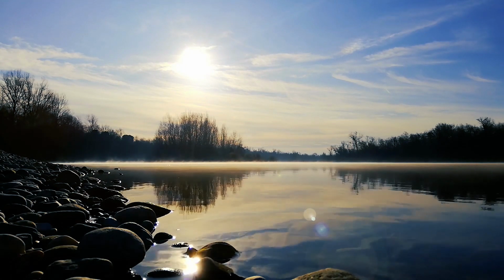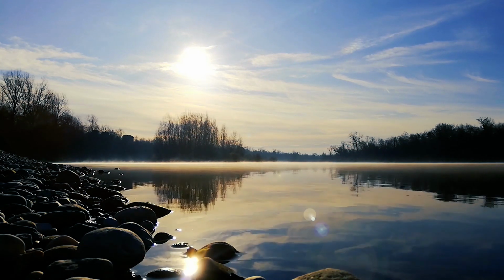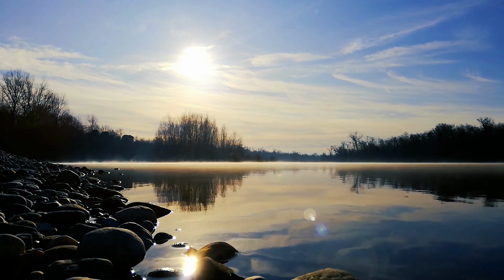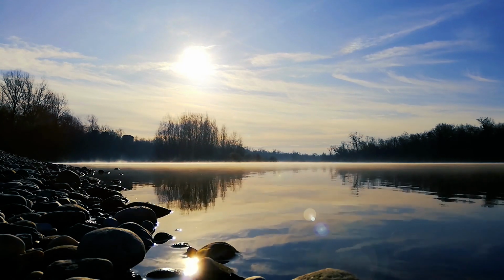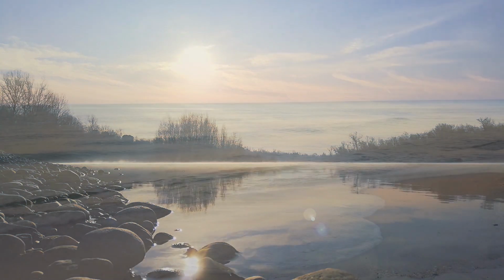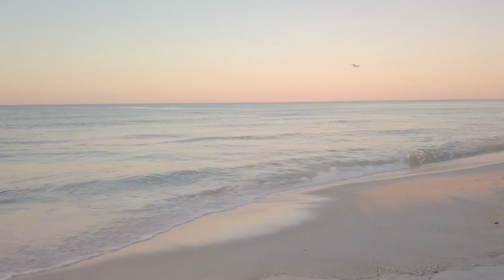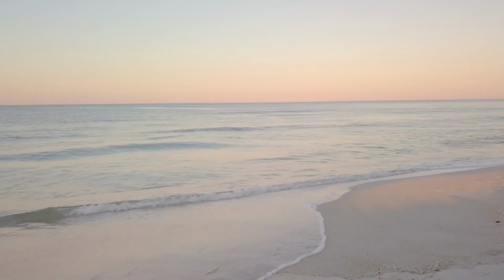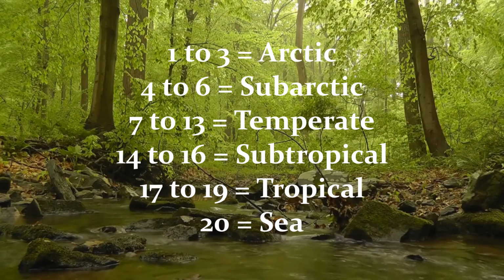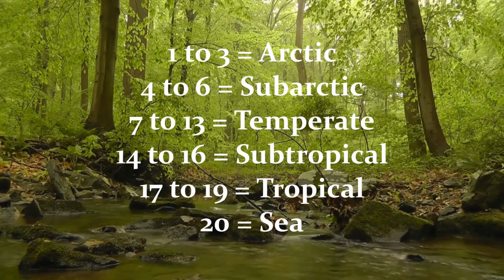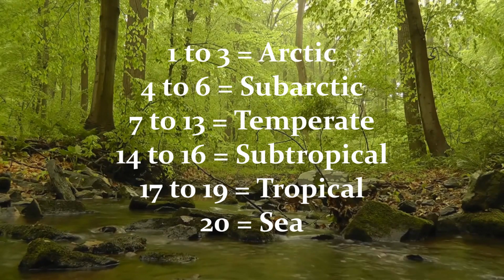I already have a table in the Solo Dungeon Crawler Wilderness Generator. A link will be provided at the bottom of my blog post and in this video description. I am going to slightly alter this table to include an entry for sea, so an adventure can start out to sea. The table now looks like this. 1 to 3 is Arctic, 4 to 6 subarctic, 7 to 13 temperate,